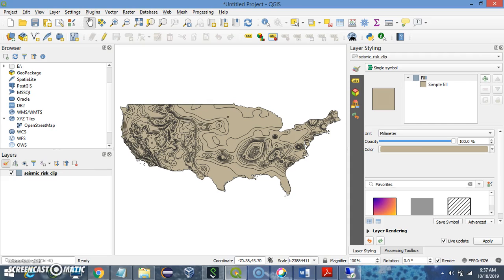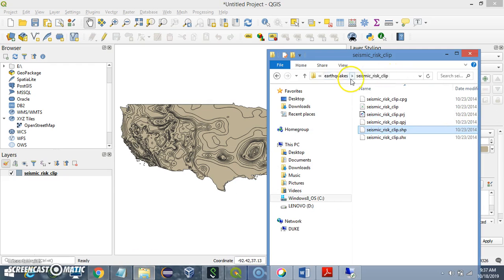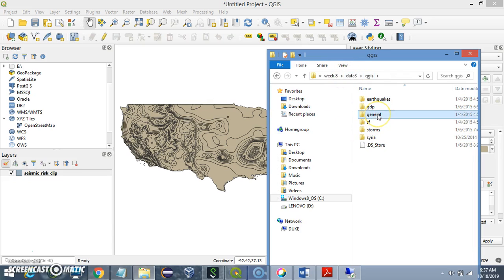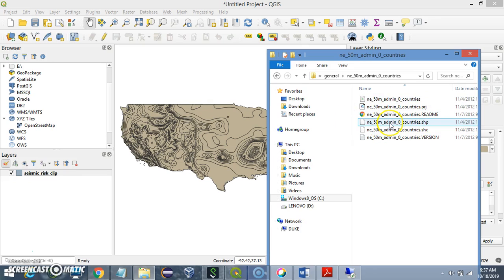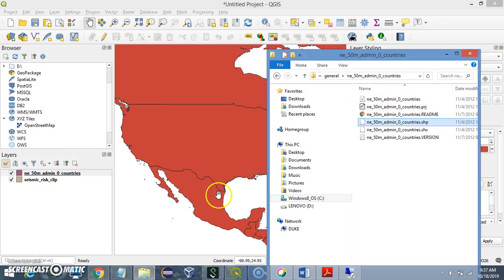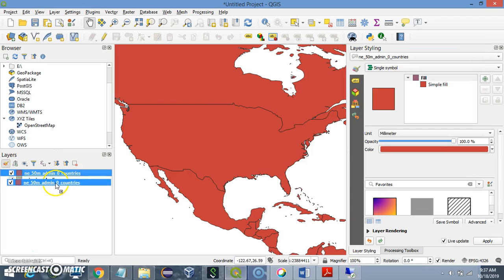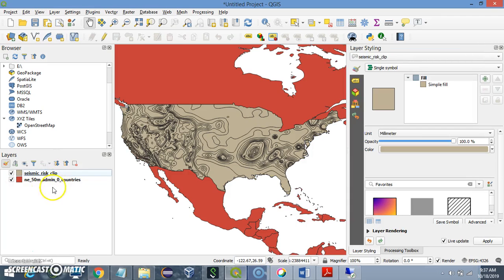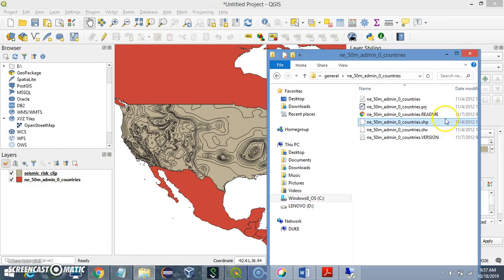Because I already have the Natural Earth shapefile, I'll just use it for now. I will import that shapefile, which I'm going to drag and drop underneath the seismic risk clip. And then the next file is I will